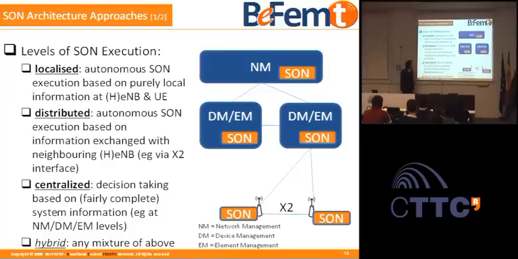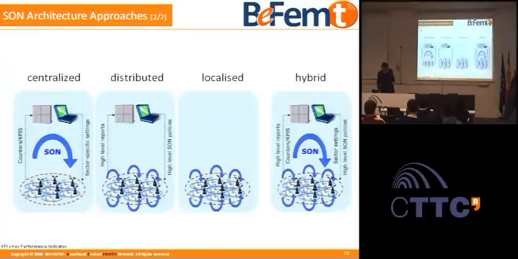And then the centralized one means you're gathering a lot of information from all your network, trying to take a decision and make sense out of that. From an optimality point of view, that's the best thing to do. If you really are able to collect all the information on time, and you have a good algorithm in there, NP-complete or not NP-complete, whatever, you can draw a very good decision very quickly. And then you have hybrid approaches, which are actually the practical ones. So let me just